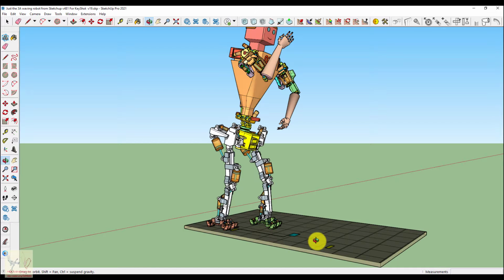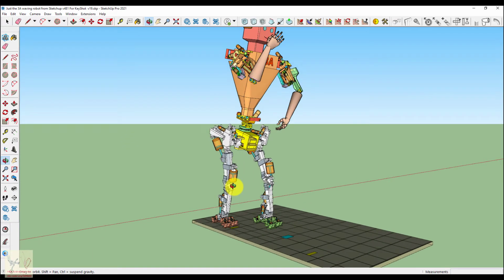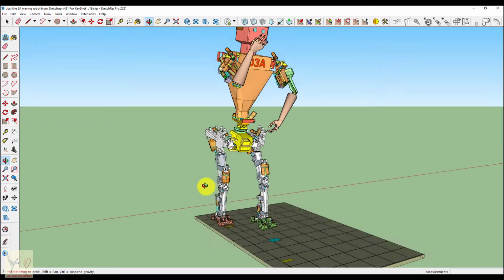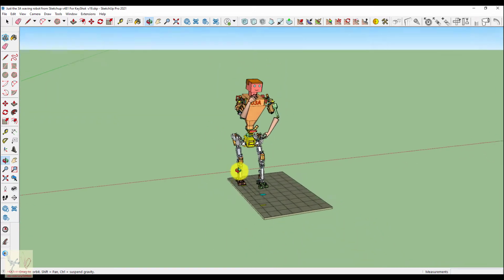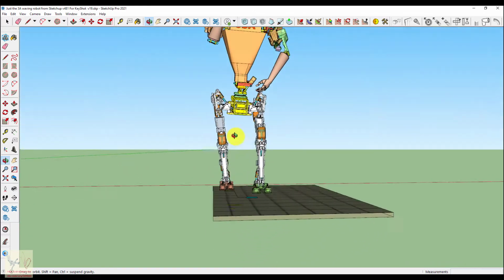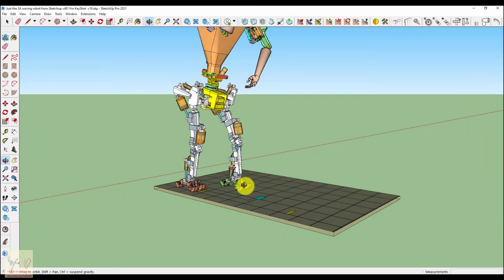It's not a KeyShot extension. It's a SketchUp extension. And you might be saying, well, why are we talking about a tool in SketchUp and going over this robot stuff? The only point I'm making is, I thought perhaps if I showed you an actual example, it might be clearer what's going on. And so here's the little robot, and the thing about walking, now remember that a human